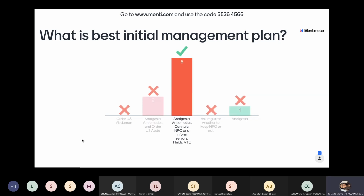Great. I think most of these answers are correct, but one is more correct than the others. She's in a lot of pain. She needs analgesia. She's nauseous, so likely if she starts vomiting, she'll need antiemetics, and it's good to write them up anyway. You can put a cannula in and you can make her nil by mouth because it's 4:30 in